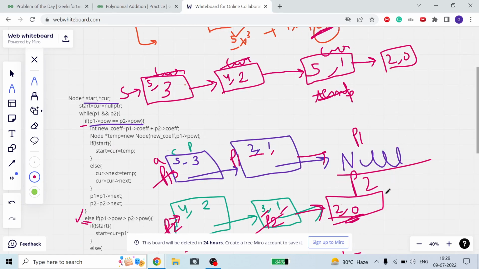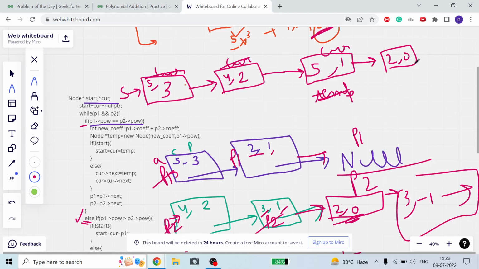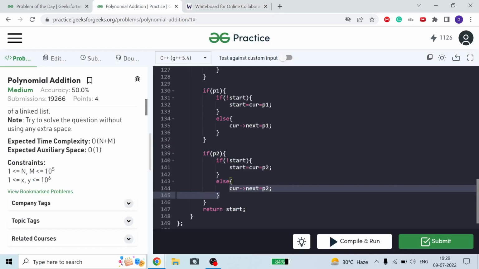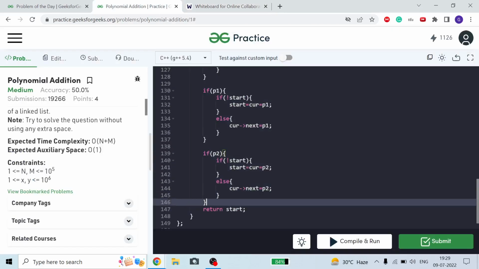And if it has some more linked list of powers like 3 minus 1, suppose if I have some random power here, then all these come after this 3 minus 1, and all the powers come after this in a linked list portion. But because GFG has some loose test cases, it will be passed without this condition. But I tell you to write these two conditions as well, because if you write these conditions, then edge cases will not fail.